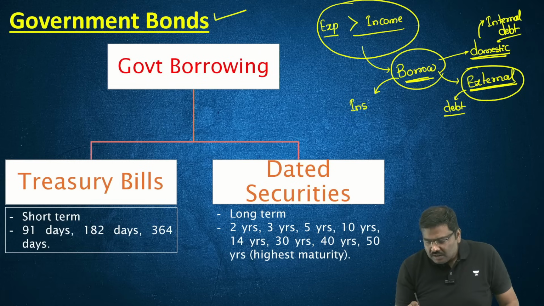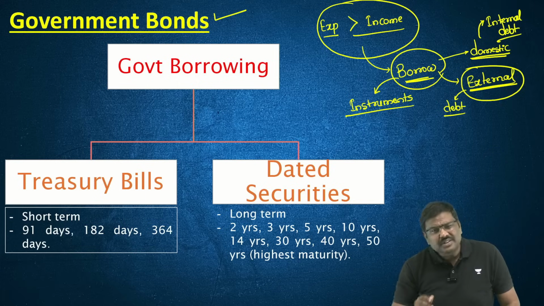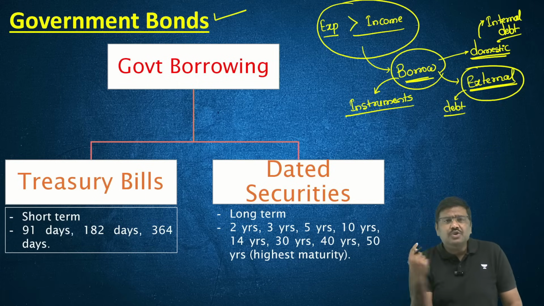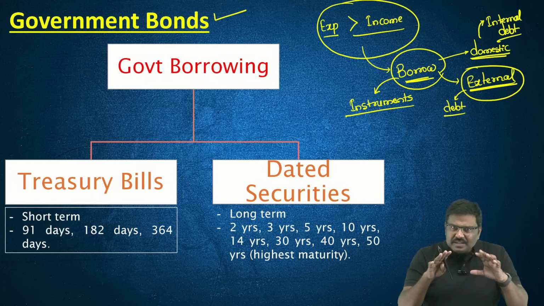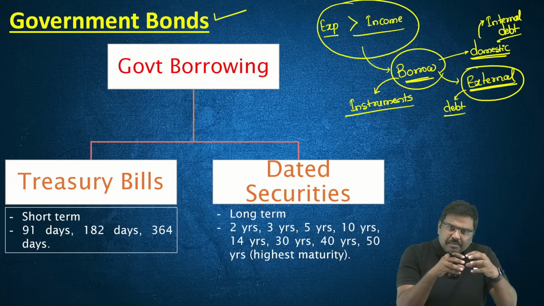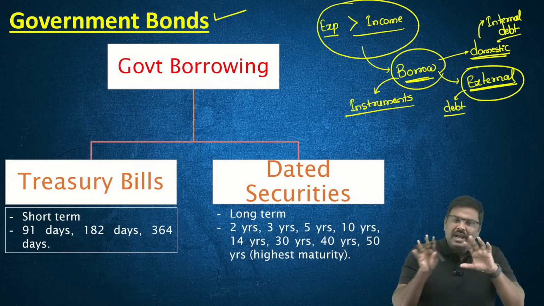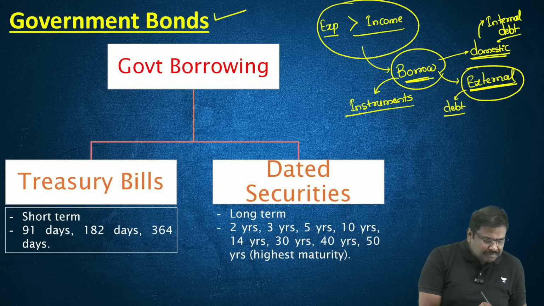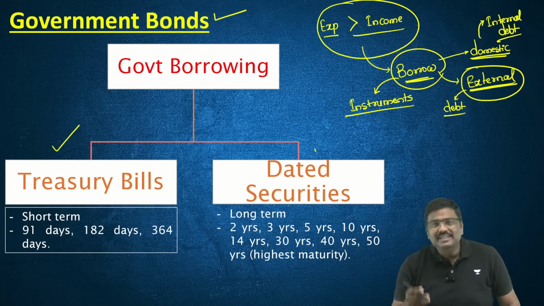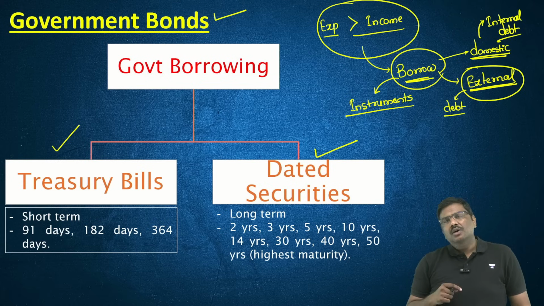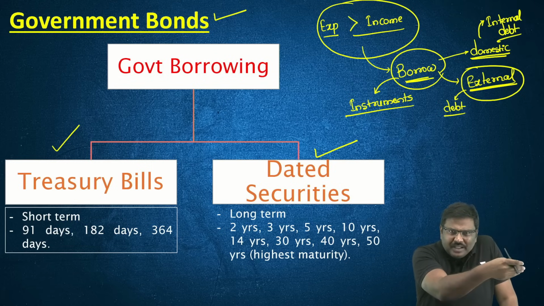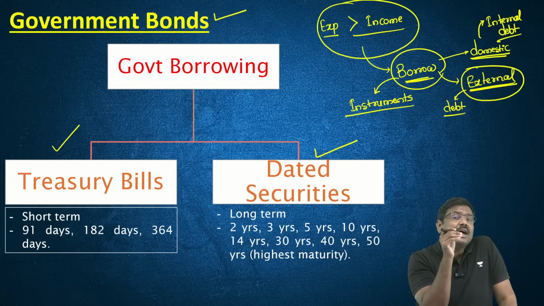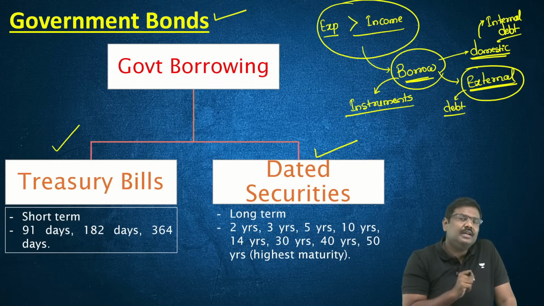Now, whenever you talk about government borrowings, one important way through which the government borrows is by issuing instruments. The government will issue multiple types of instruments with different tenures, different maturity periods, to borrow from the market. And please understand, these instruments can be divided into two types. One is called a treasury bill, the second one is called a dated security. What is a treasury bill? If the instrument issued by the Government of India has a maturity period of up to 1 year,